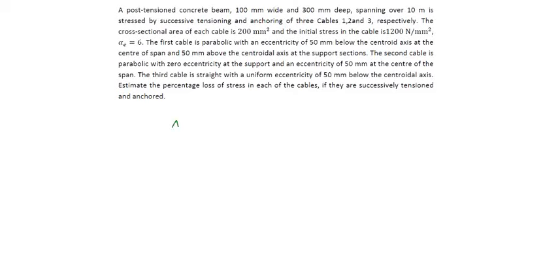A post-tension concrete beam has a cross-section area of 100 mm by 300 mm. So the total area of concrete will be 3 into 10 power 4 mm square. It is spanning over a span of 10 meters. By successive tensioning and anchoring of the cables, cable 1